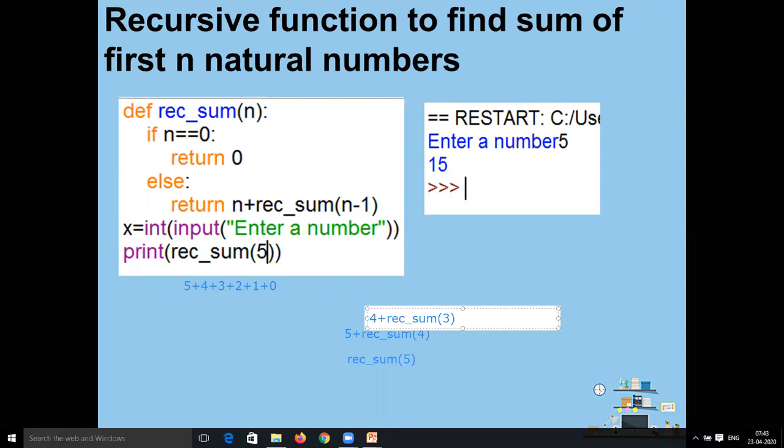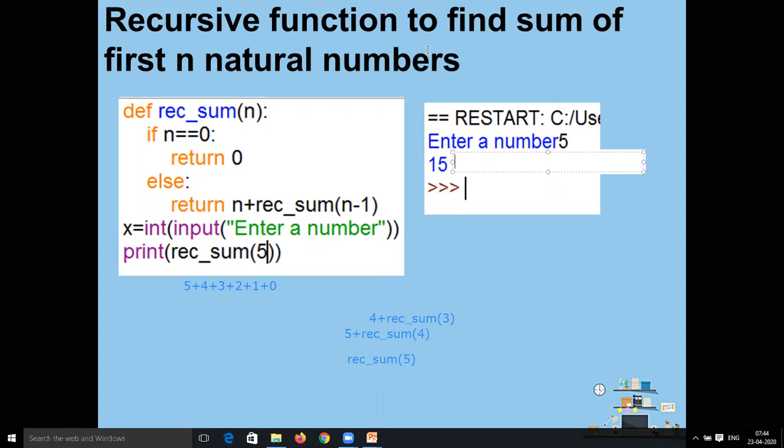As soon as 0 occurs, it will return value 0, and thus it will come out of the recursive calling. At last, the values stored inside the stack, that is 5, 4, 3, 2, 1, will be executed, and we will get the sum of the first n natural numbers.